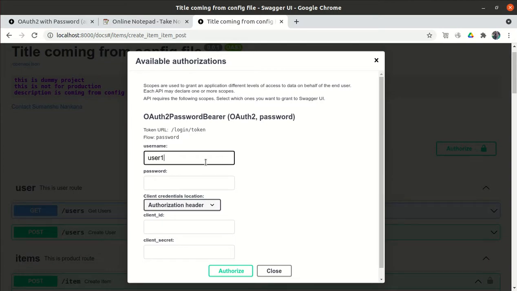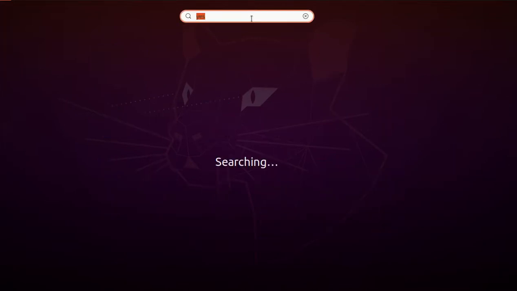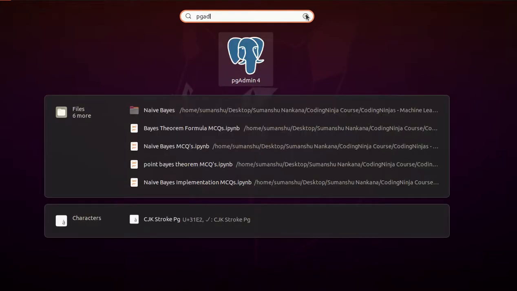So let me authenticate myself. user1@user.com. What is the database? Let me cross check what all the users exist, otherwise I have to create that. pgAdmin 4.